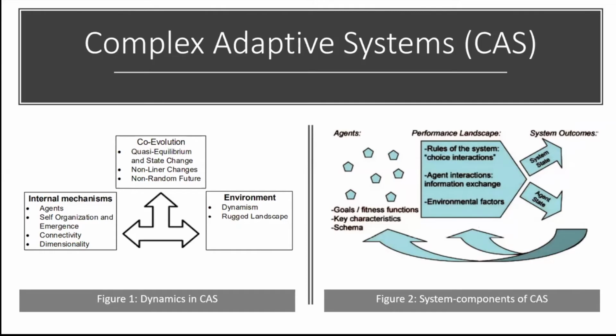So coming back to this CAS, that is complex adaptive system, we have 2 figures. According to these 2 figures, again, they emphasize all the interconnections and interdependence of all the system components. So in the first figure, an organization has 2 environments, which we have already, I think, got a few examples of, spoken by you: internal and external. Now, the internal environment is composed of system agents, and they exhibit properties like self-organization and emergence.